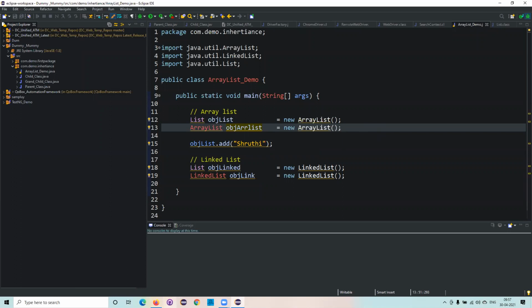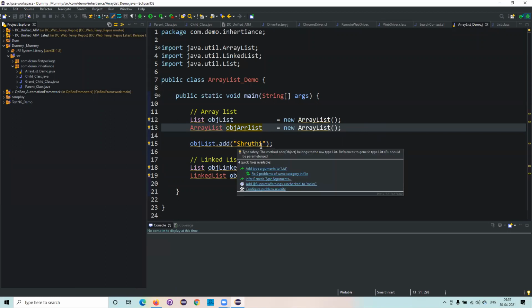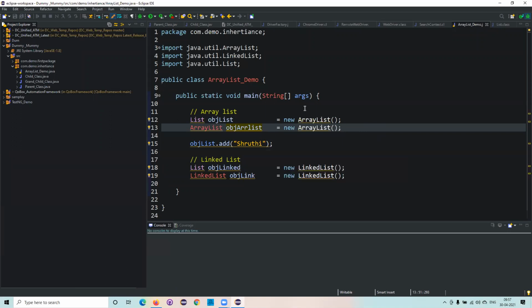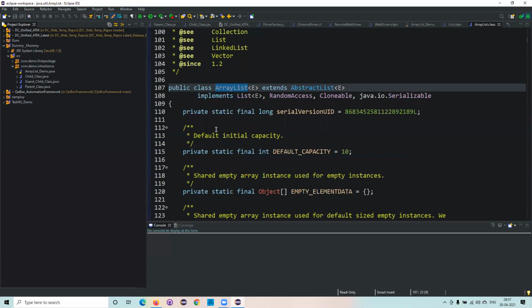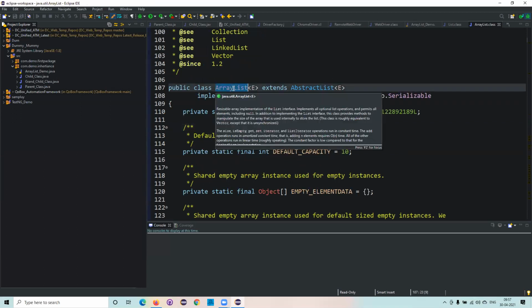I didn't understand the question, but in the previous classes we have seen that the class implements the interface, right? So ArrayList is a class, right? Yes. So ArrayList, where is it? Okay.